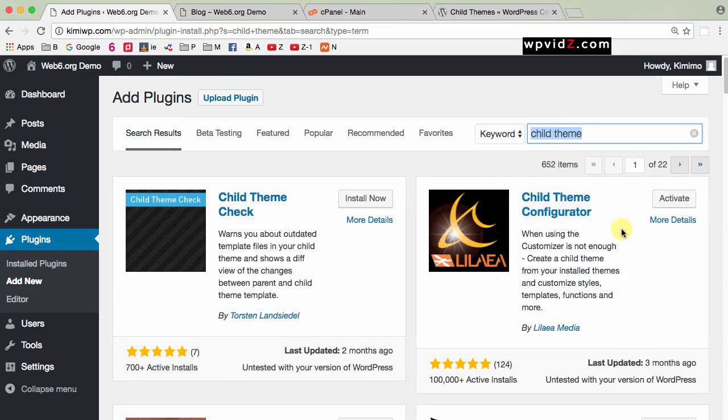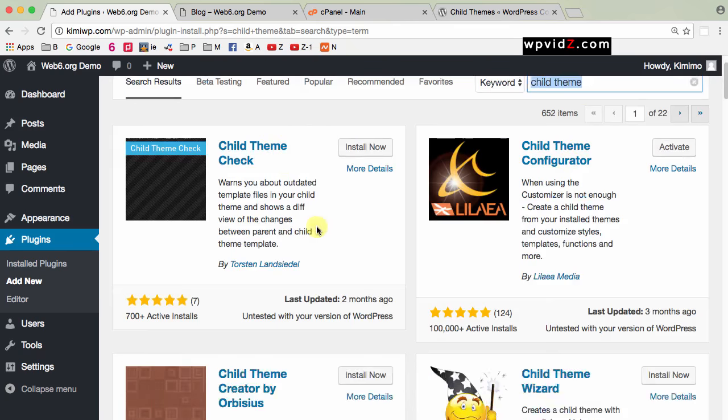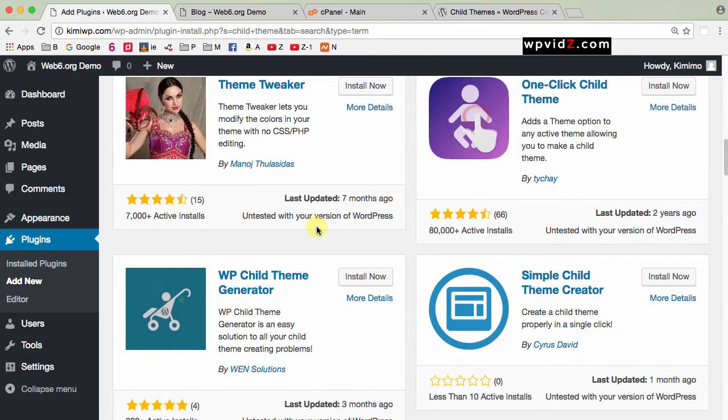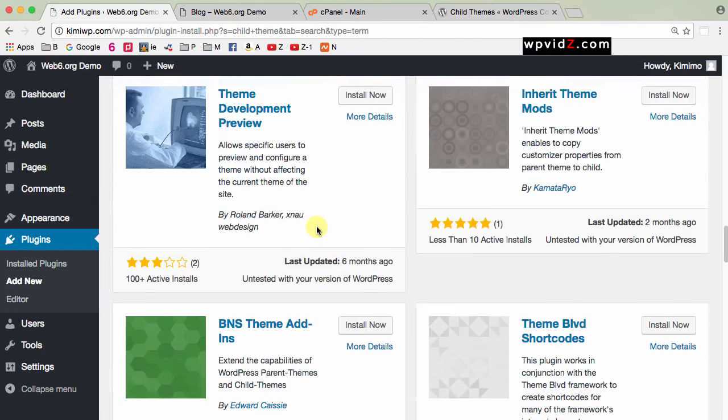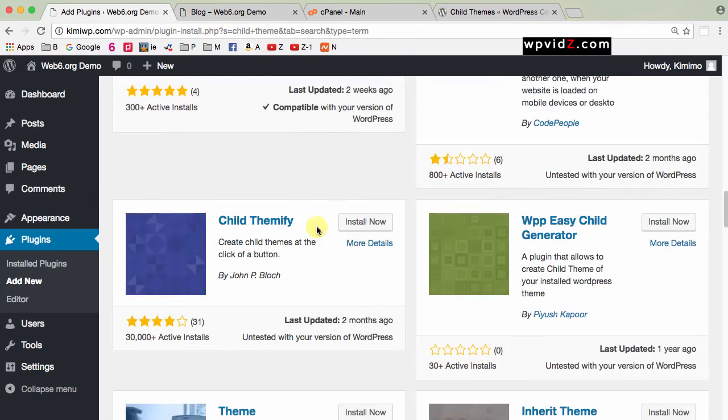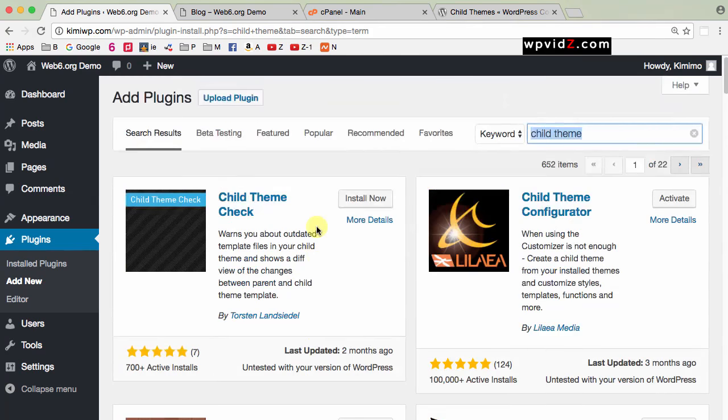So these are the child theme plugins, and we have many options here, and I've personally tried many of them. I think the best plugin is this one on the top, Child Theme Configurator. It has 5 star ratings and more than 100,000 active installs. Also, it was last updated 3 months ago, and it's not tested with my version of WordPress,